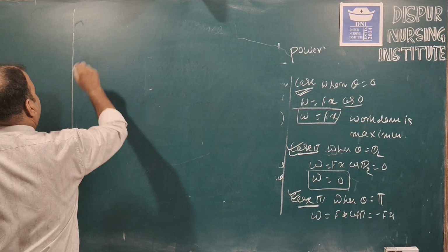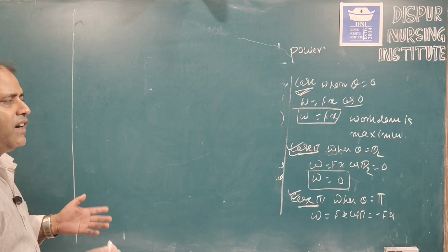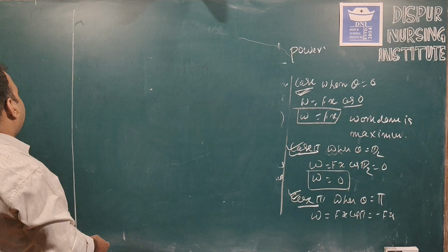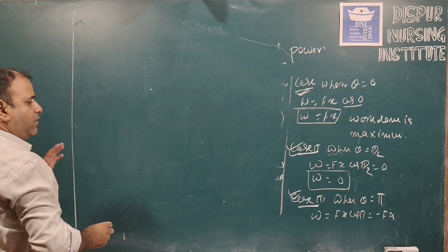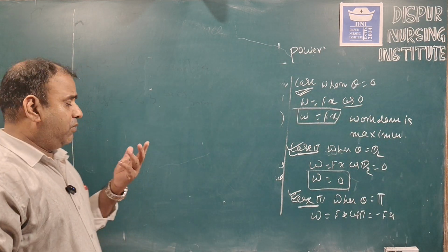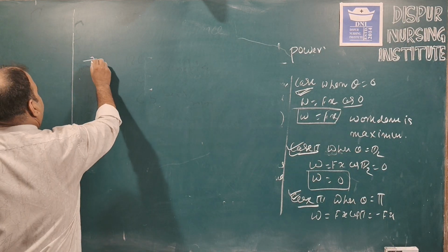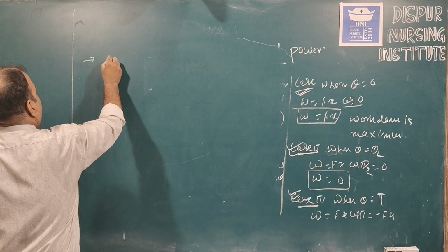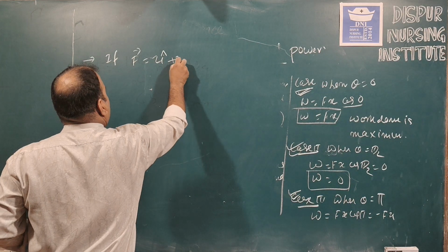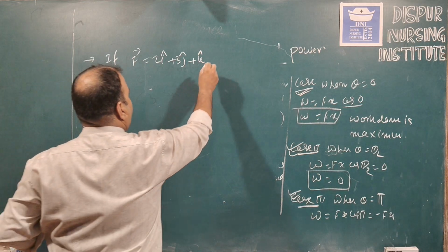So I revise these formulas. In this chapter we have to do different types of numericals, and you have to solve them using these formulas. For example, a quick revision: the first formula I have given is W is equal to force into displacement. Using force into displacement, suppose one question is given: if F is equal to 2 I cap plus 3 J cap plus K cap Newton, that is a force,